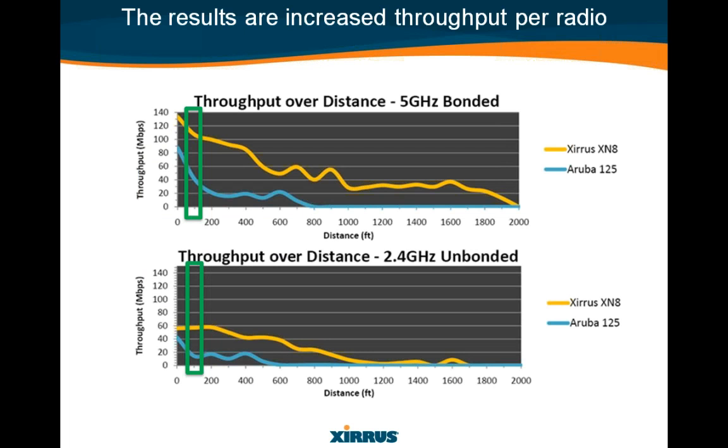So these were just some statistics. I'm not picking on Aruba by any means. They're a very popular solution. They've got a great product. This is just some throughput testing that we've done. So if you look at a Xirrus, one of our 8 radio devices, versus an Aruba 2 radio array with 3x3